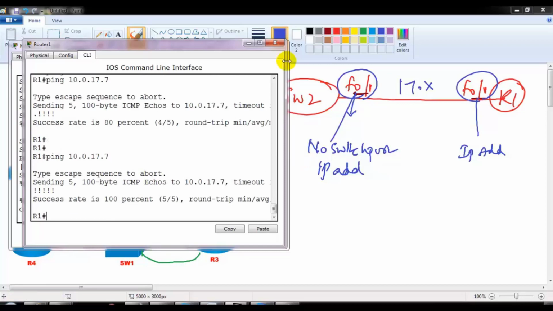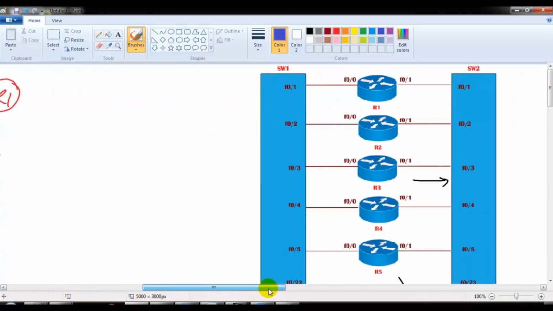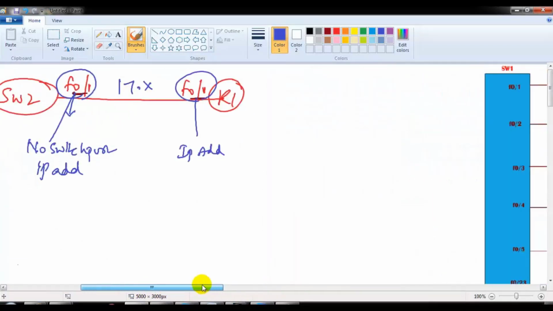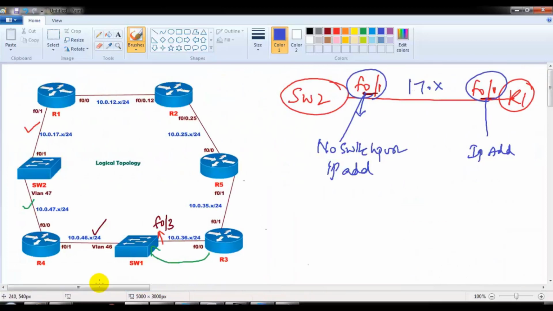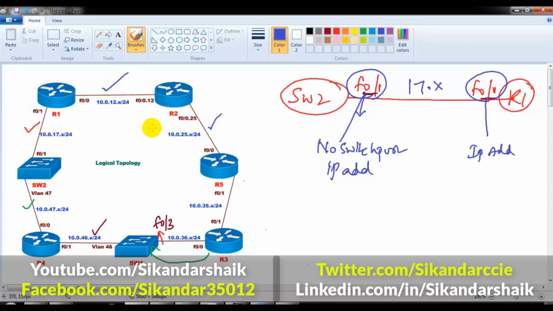So this is my logical topology. All the diagrams are totally based on the physical topology which I discussed initially, but now we are making logical connections, something like this. So it's all about how we create the VLANs, how we use SVIs, how we use switchports, and probably the next thing is these two interfaces are left, which, you can see, are sub-interfaces. That is something we need to finish up. That is the only part we have to do.